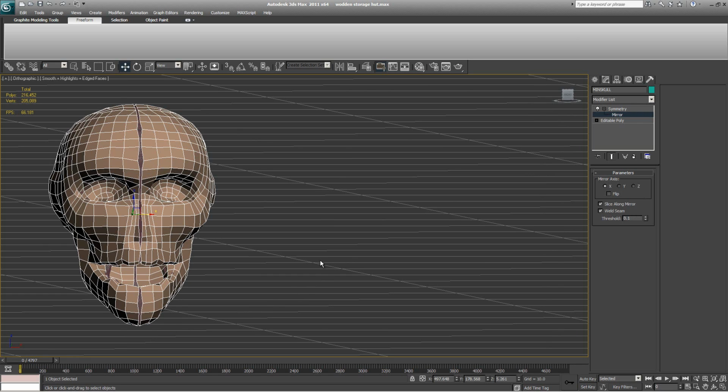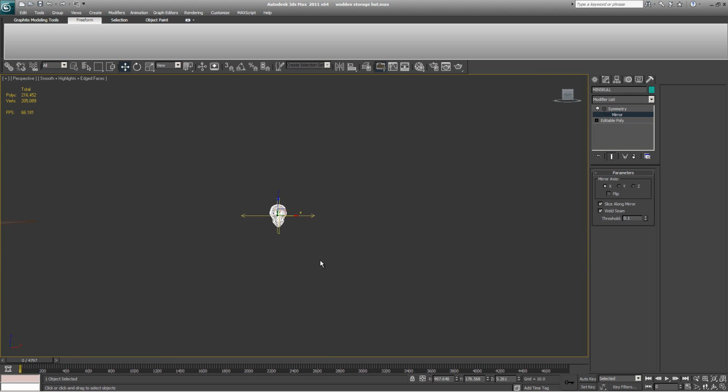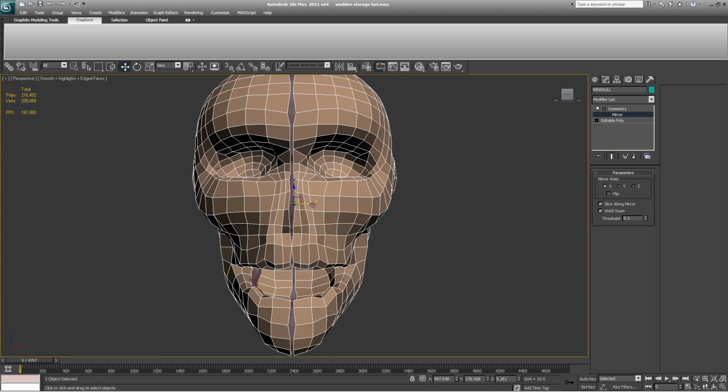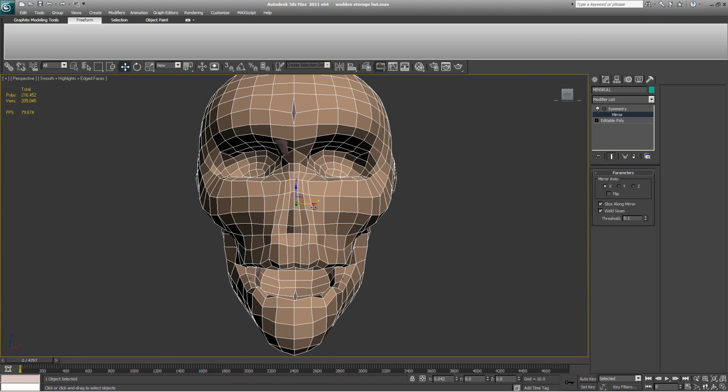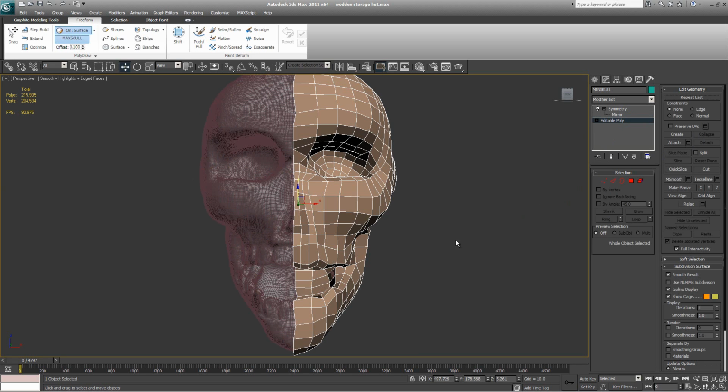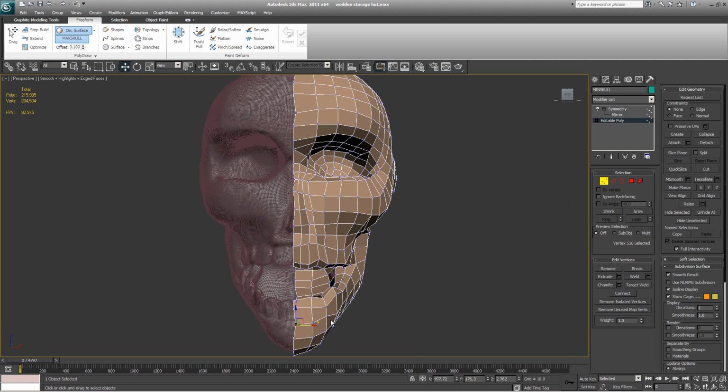So let's get out of the orthographic mode by pressing P and go into perspective, centering by pressing Z, and change the position of the mirror even closer to something about that much. Even increasing the threshold might sometimes distort the vertices, like this one over here, and not cap all of the required ones. So you can even go into editable poly, press 1 and select those vertices,